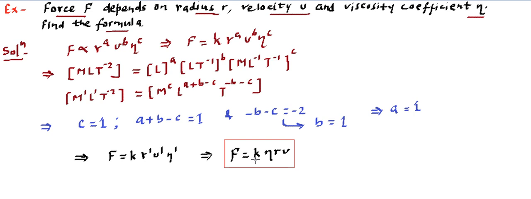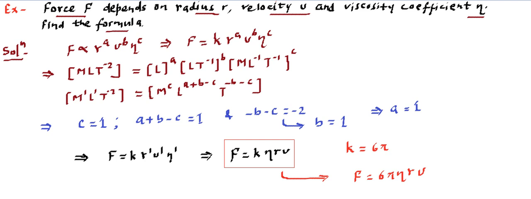If we are able to find k, then we will be able to get the final relation. If you read further, you will find that this k for this particular case comes out to be 6 pi. Hence the final formula is f is equal to 6 pi eta r v,